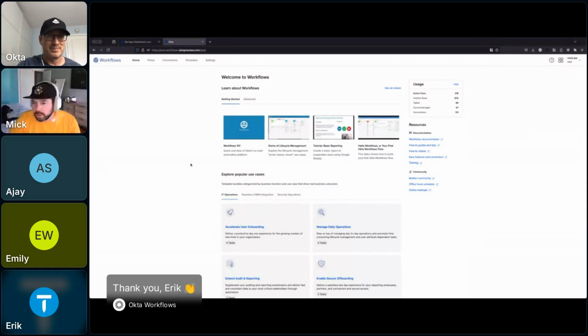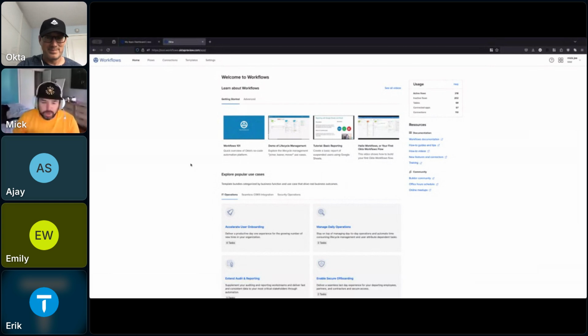There we go. Cool. Hi, my name is Mick Johnson. I'm part of the product acceleration team here at Okta. One of the things that we try to do from our initiatives is to grow adoption with some of our products, and one of the products that I'm involved in is Workflows. Before I hop into templates, I just want to do a quick overview of the homepage for those of you that may not have explored it as in depth as you could.